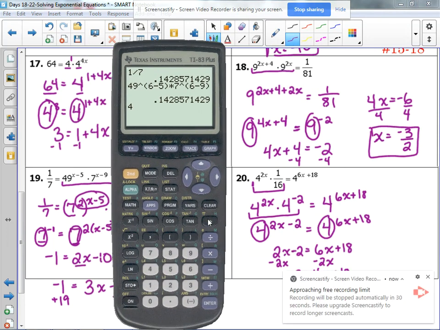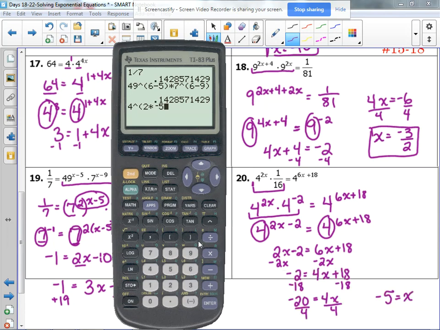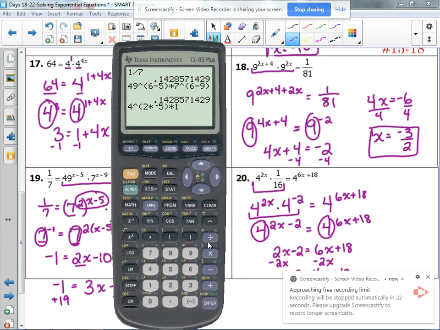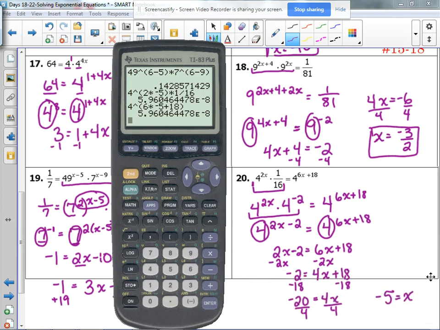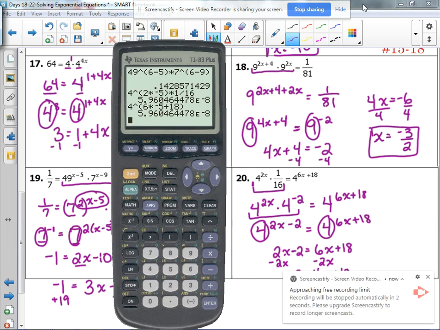Check it. 4 raised to the 2 times -5 times 1/16. That's the left side. Right side, 4 raised to the 6 times -5 plus 18. Weird number, but the same weird number. So -5 is our correct